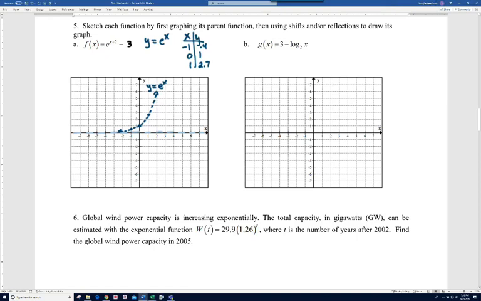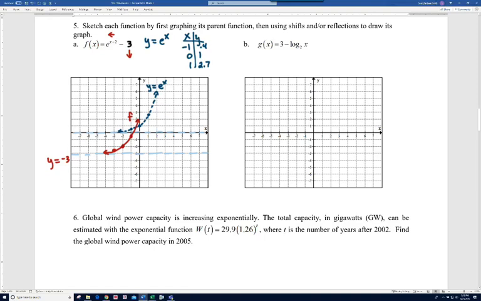Now notice, because we have e to the x plus 2 power, that plus 2 is going to cause a horizontal shift, so we'll go left 2. And the minus 3 is separate from the function. It's going to cause the graph to move down 3. So I'm going to take each of the 3 points that I have, and I'll move them down 3 and left 2. Now when I go to the left, that won't change the asymptote, but when I go down 3 it will. So it'll be right there at y equals negative 3,